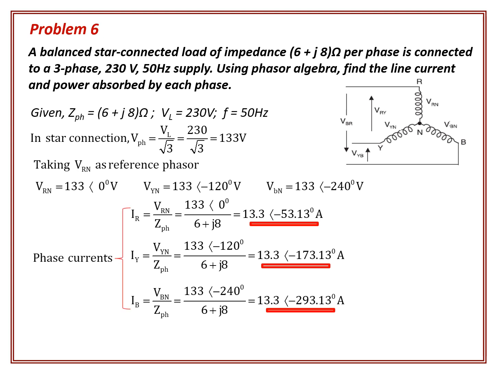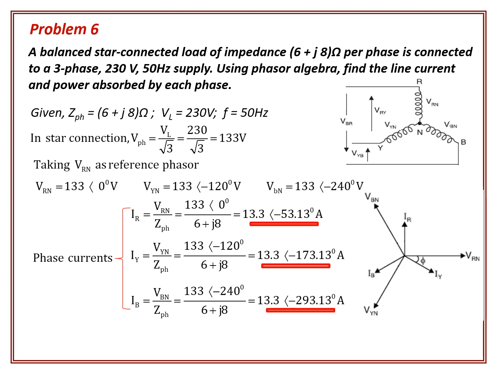The phase currents in the system are IR, IY and IB. Here by observing the values, you can see that the magnitude part is the same, which means the three phase currents are equal in magnitude. And observing the angle parts, you can see that each phase current is displaced by 120 degree.